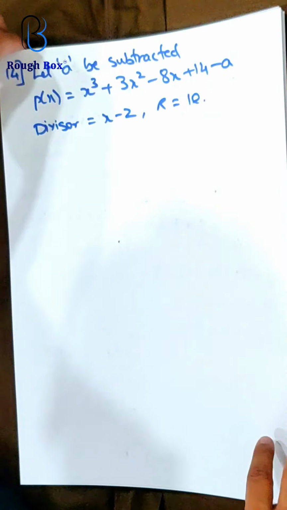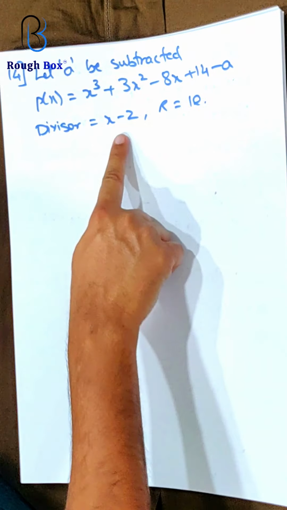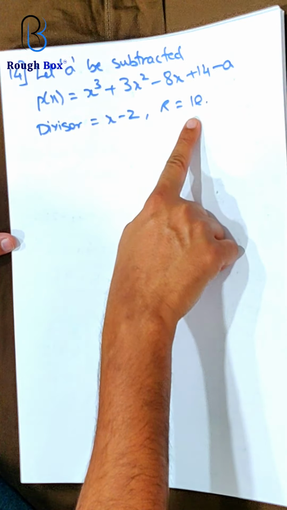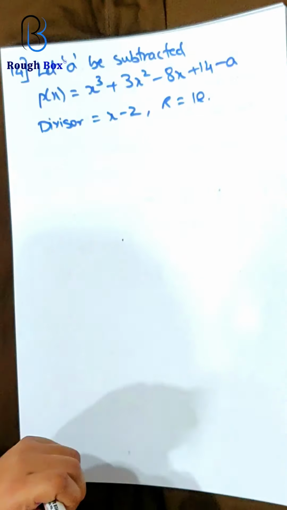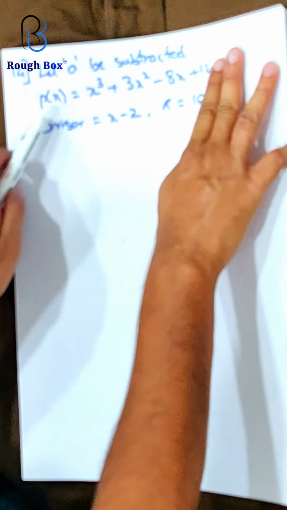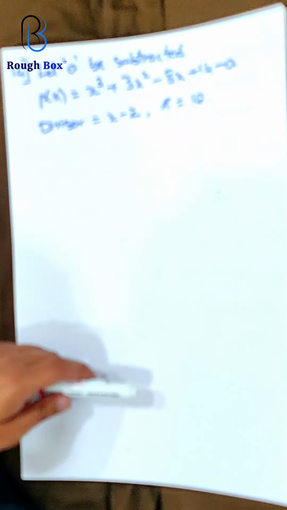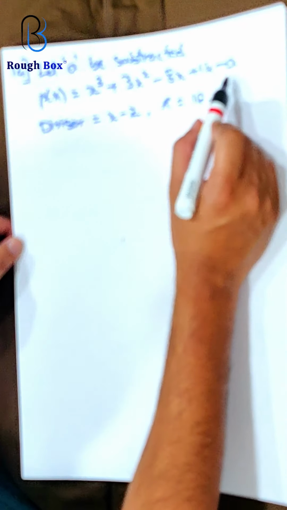Now 14 is slightly different. Let's read it to understand. What number should be subtracted from this, so that when it is divided by x minus 2, the remainder is 10. So common sense, you will say let a be subtracted and write minus a. This was the question in this year's board paper, similar question, where they had asked you what should be subtracted. So many people did not write this and directly went about with this. In fact, it was the same question which came this year, where the remainder was 10. Yeah. So please see to it you manage to do it well. So once you wrote this should be subtracted, this is nothing else but similar to this method.